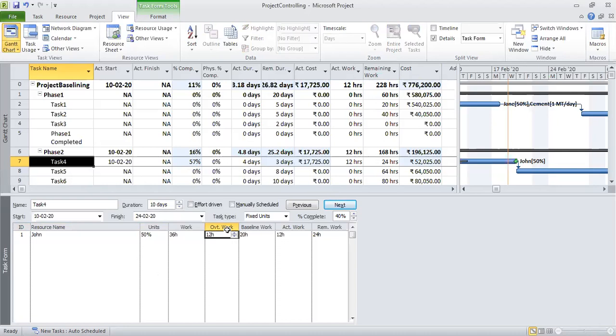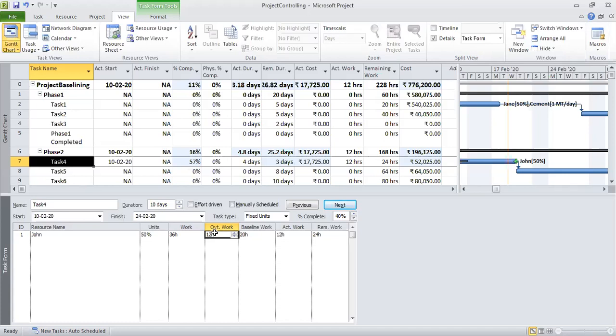Mind you, this work also includes overtime. So it is not as if it is 36 plus 12. 36 is the total, out of which 12 hours will be overtime work, and the rest, 36 minus 12, which is 24, will be regular work. 24 will be regular work, 12 would be overtime work.